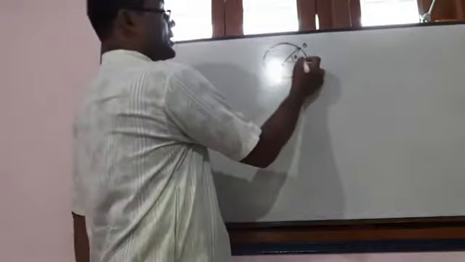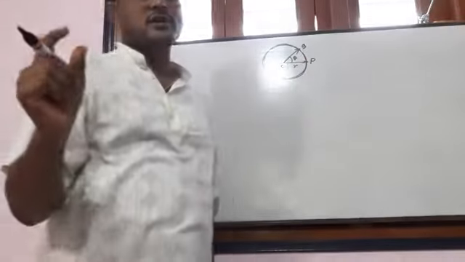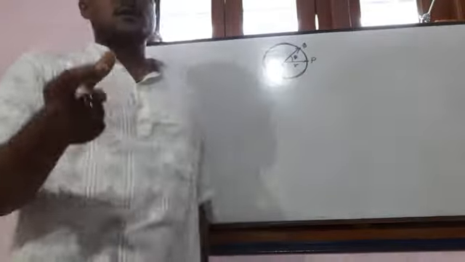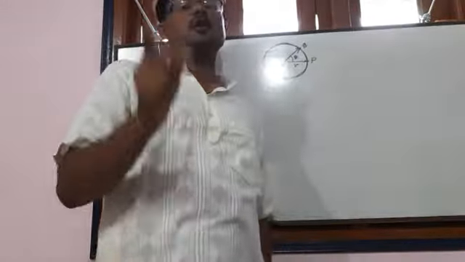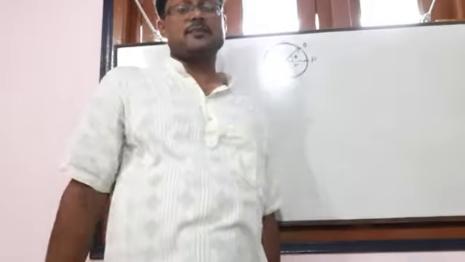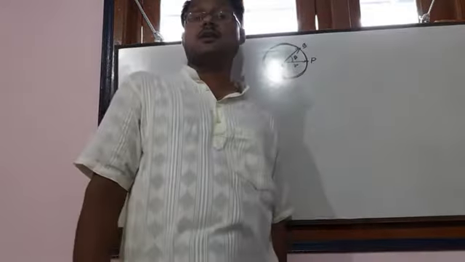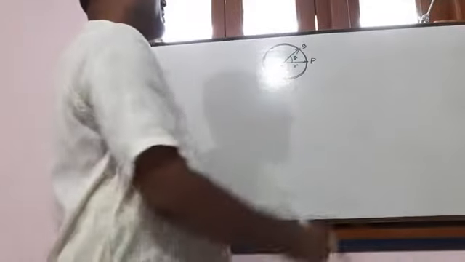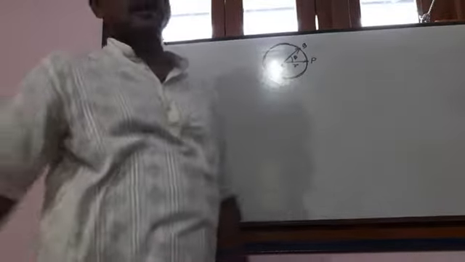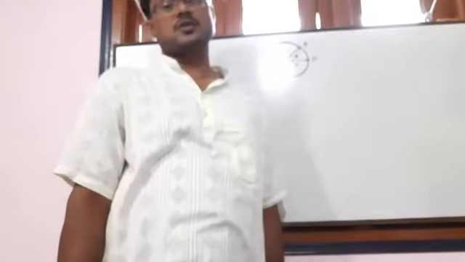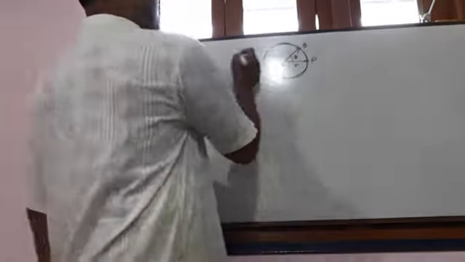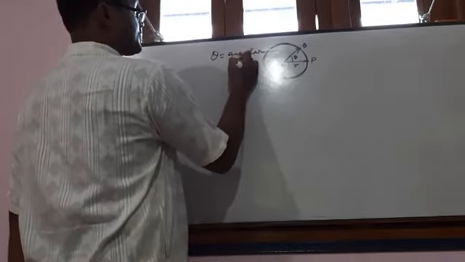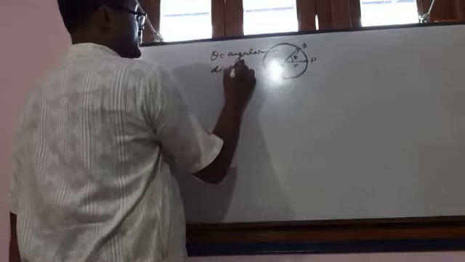Why is it said radius vector? It is because this radius is always connected with the particle. So whenever the particle is changing its place, the radius vector also changes its direction. That's why we say that it is not a radius, it is a radius vector. And here the radius vector always forms an angle at the center, which is the measurement of angular displacement.